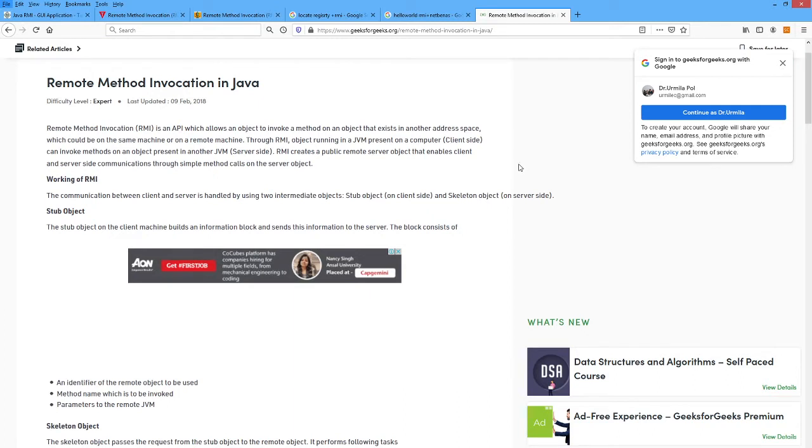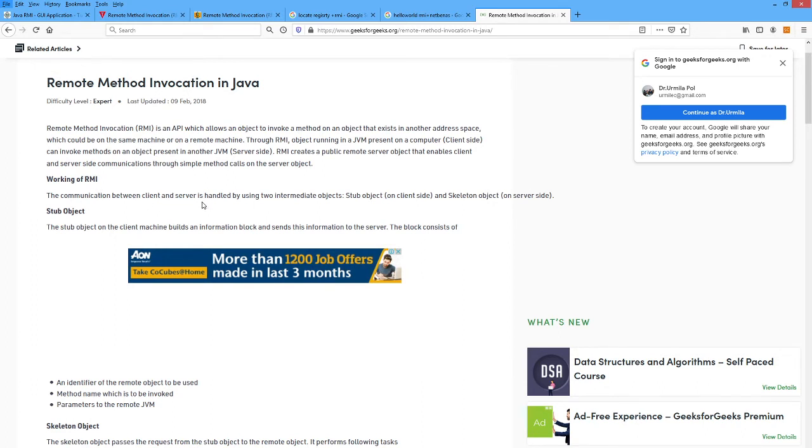Means one method is implemented, one object is created by the server, and the server keeps that object in the registry. Whenever the client wants to access that method, it looks to the registry, finds the object and accesses that method directly from the client side.